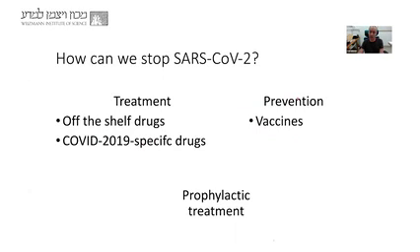Now, if we talk about large-scale prevention, then the only real method of doing that is vaccination. So we'll talk a little bit about vaccines. And then there is another intermediate usage of different drugs, and this is for prophylactic treatment. Prophylactic treatment is given before people get infected in order to prevent infection. The thing is that it could practically be done for a small group of people that are at high risk, like medical care providers, for example. So we'll talk about that also.